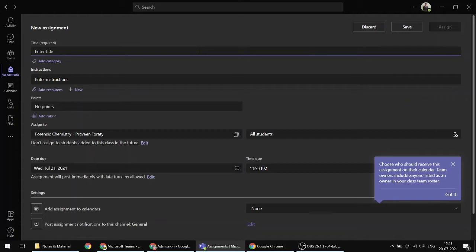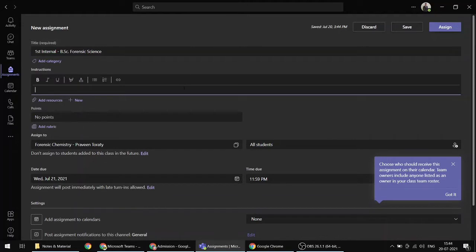First, title of the exam: First internal BSc Forensic Science. Instructions. So you can type the instructions here.